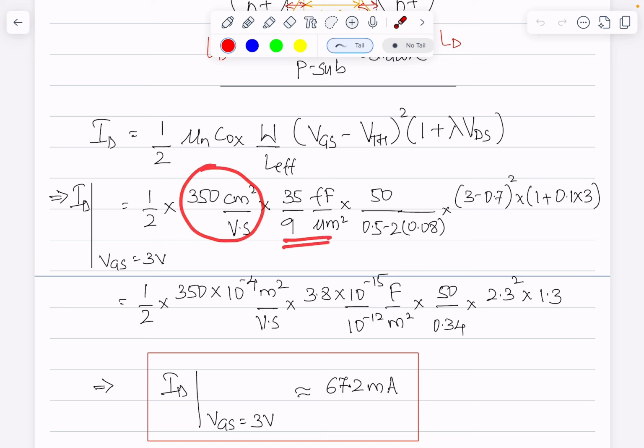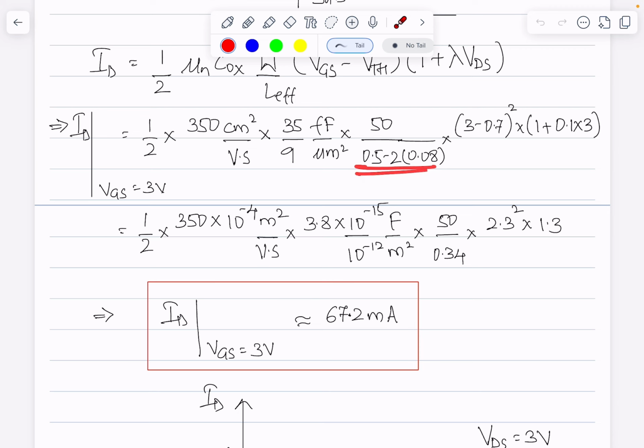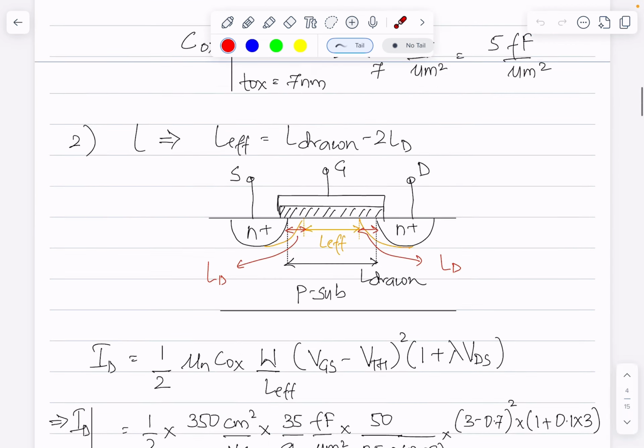We were given it's 50 over 0.5, but L effective is basically, 0.5 is L drawn, minus 2 times LD, and we are given LD as 0.08 micrometers. So 0.5 minus 2 times 0.08, that is L effective. Then VGS is 3 volts, VTH is given as 0.7 volts. So 3 minus 0.7 the whole square times 1 plus lambda, given as 0.1, VDS is